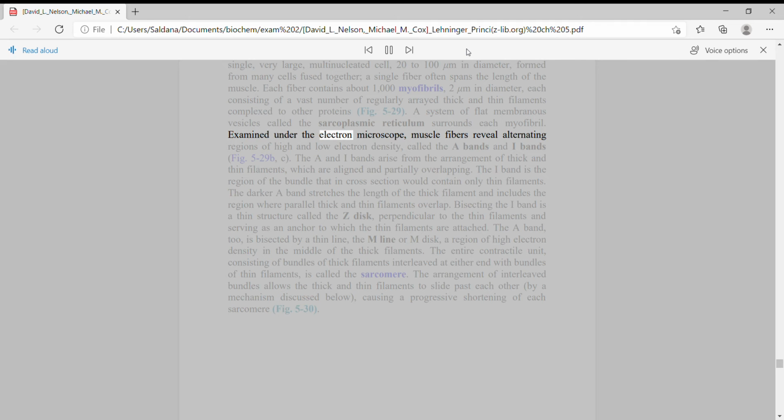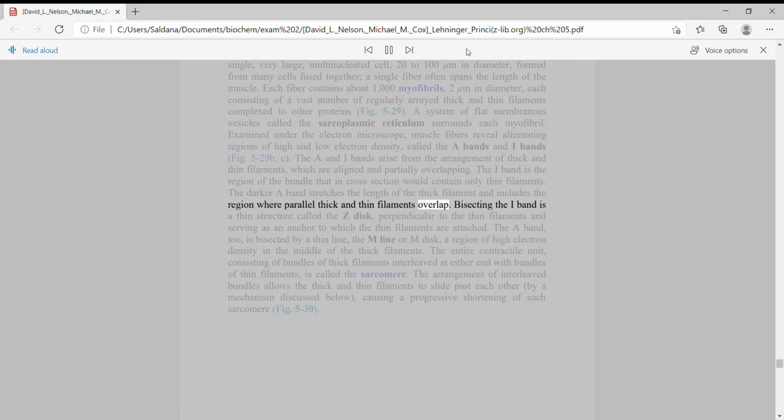Examined under the electron microscope, muscle fibers reveal alternating regions of high and low electron density, called the A bands and I bands, Fig. 5-29b-c. The A and I bands arise from the arrangement of thick and thin filaments, which are aligned and partially overlapping. The I band is the region of the bundle that in cross-section would contain only thin filaments. The darker A band stretches the length of the thick filament and includes the region where parallel thick and thin